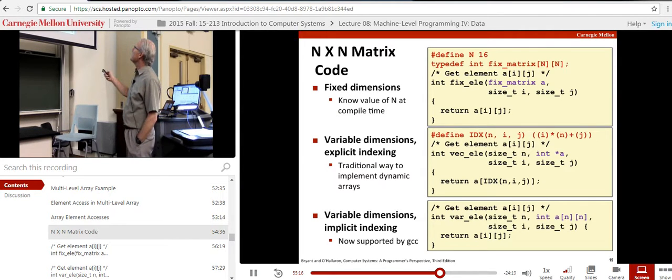before, of scaling the row number by the number of columns and adding to it j. So this is sort of classic C. I've written it as a macro here, but you can see it's just doing the row major scaling directly here